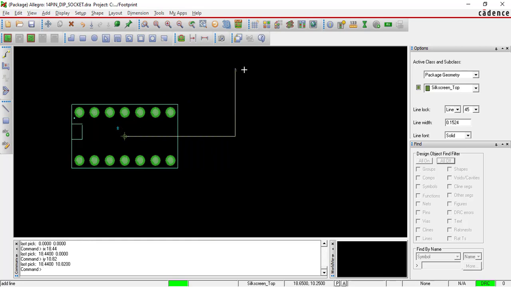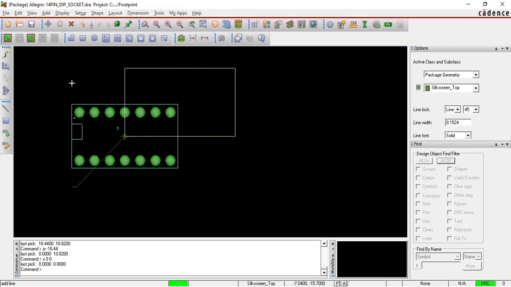Now again we have to come back up to here, means up to this distance. So what is the distance? We have done previously this much. This one we have to do. See my command window. So here we will repeat again. ix space minus 18.44. Now we have to come again here. We have to close this line. So how to close it? x space 0 space 0 enter.